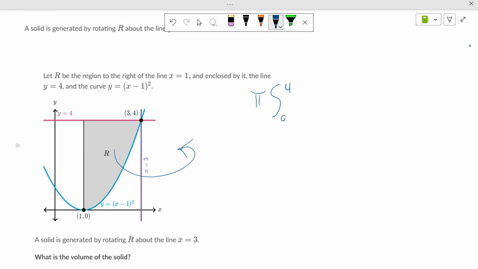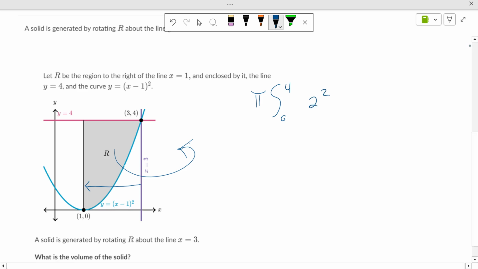What is my outer axis distance? What is my outer axis distance? 3 minus 1, right? Because it's an x distance. So it's 2 squared